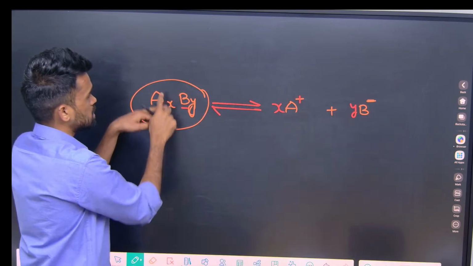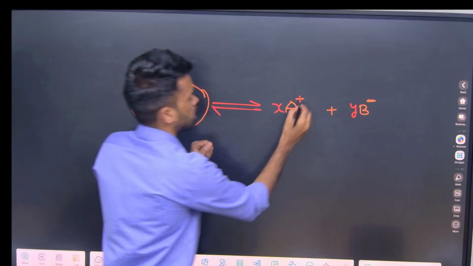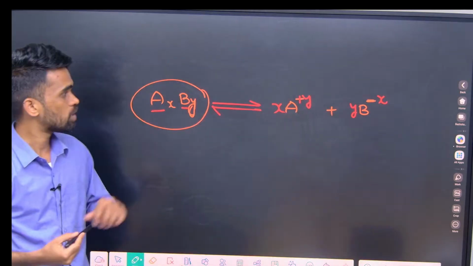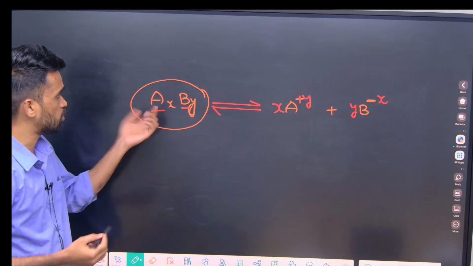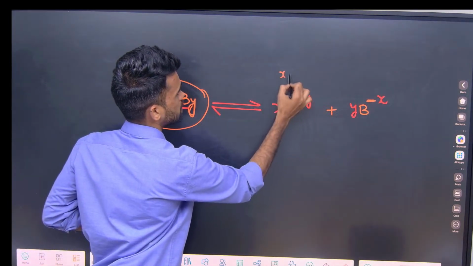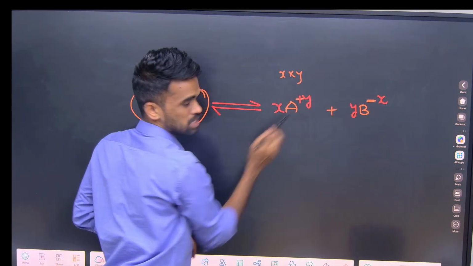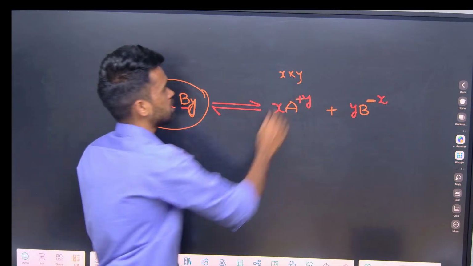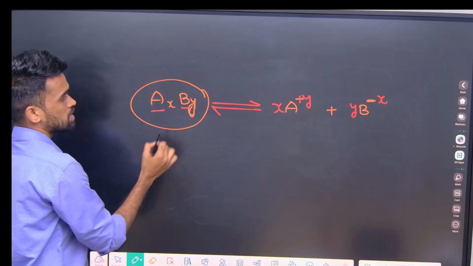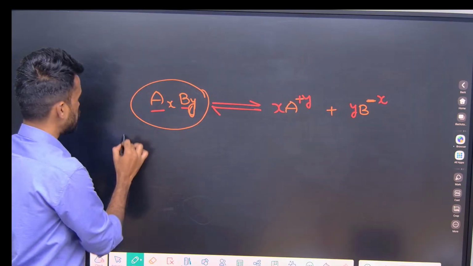Okay. Now since it is neutral, what should I take here? Minus X. That's it. Overall it will be neutral upon multiplication. Okay, because what is the multiplied number here? X into Y, and there also Y into X, the total number is the same, so the sum is neutral. Okay, right. So now I am saying only some quantity dissolved; initially there are no